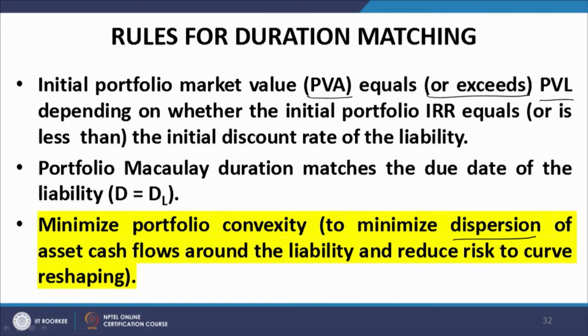So, minimize portfolio convexity to minimize dispersion of asset cash flows around the liability and reduce risk to curve reshaping. That is important. The lesser the convexity, the lesser the dispersion; the lesser the dispersion, the lesser the risk arising out of reshaping of the curve,